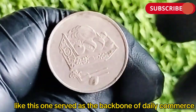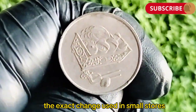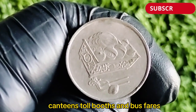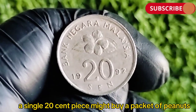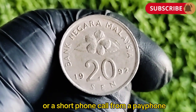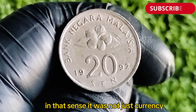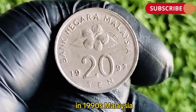Coins like this one served as the backbone of daily commerce, the exact change used in small stores, canteens, toll booths, and bus fares. A single 20 sen piece might buy a packet of peanuts, a bottle of mineral water, or a short phone call from a payphone. In that sense, it was not just currency but a silent companion to the daily rhythm of life in 1990s